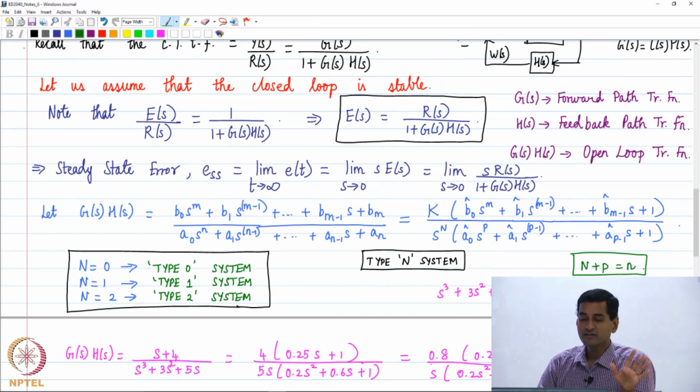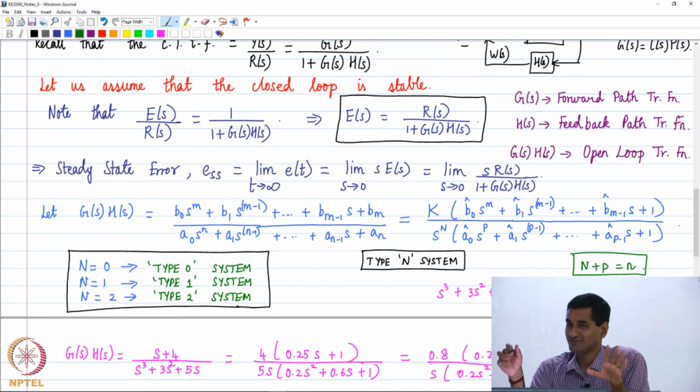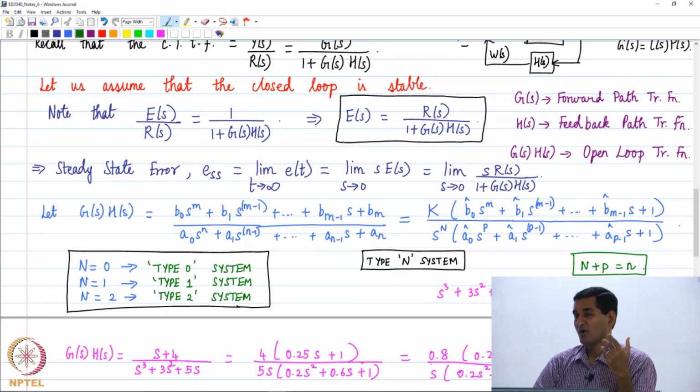So please note, from here onwards I am not going to tell all the adjectives before the word system, right. We looked at that in the first few classes. Throughout this course we are going to be interested in single input, single output, linear time invariant, causal, dynamic systems, okay. That is frozen, unless otherwise I say so. So obviously we are going to work with proper transfer functions, so that means that small m is less than or equal to small n, okay.